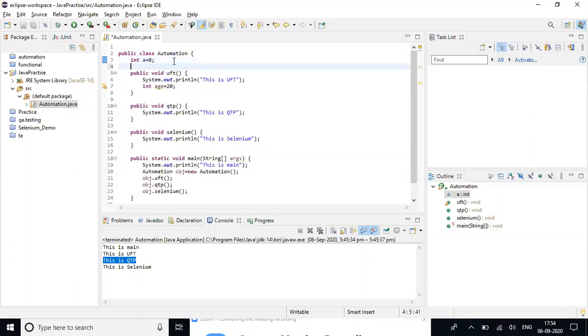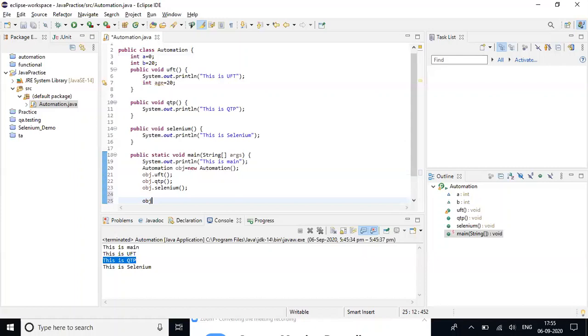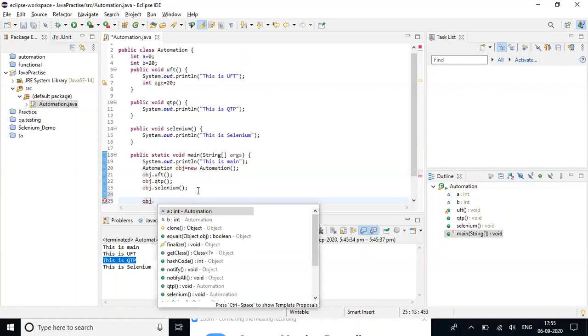Similarly, I have a variable int b is equal to 20. If I want to access these variables a and b, I have to use an object. The object created for this class should be used to get the value of a and b.